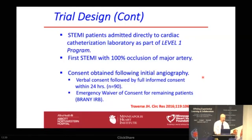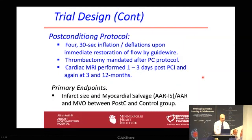But then the IRB halfway through the trial said, nope, you can't do verbal consents anymore. So we ended up having to go through this long rigmarole of getting an emergency waiver of consent for the remaining patients, which really delayed our study for over a year, but we were able to get back on track and finish it. So our protocol was 4 30-second inflation and deflations upon immediate restoration of flow by the